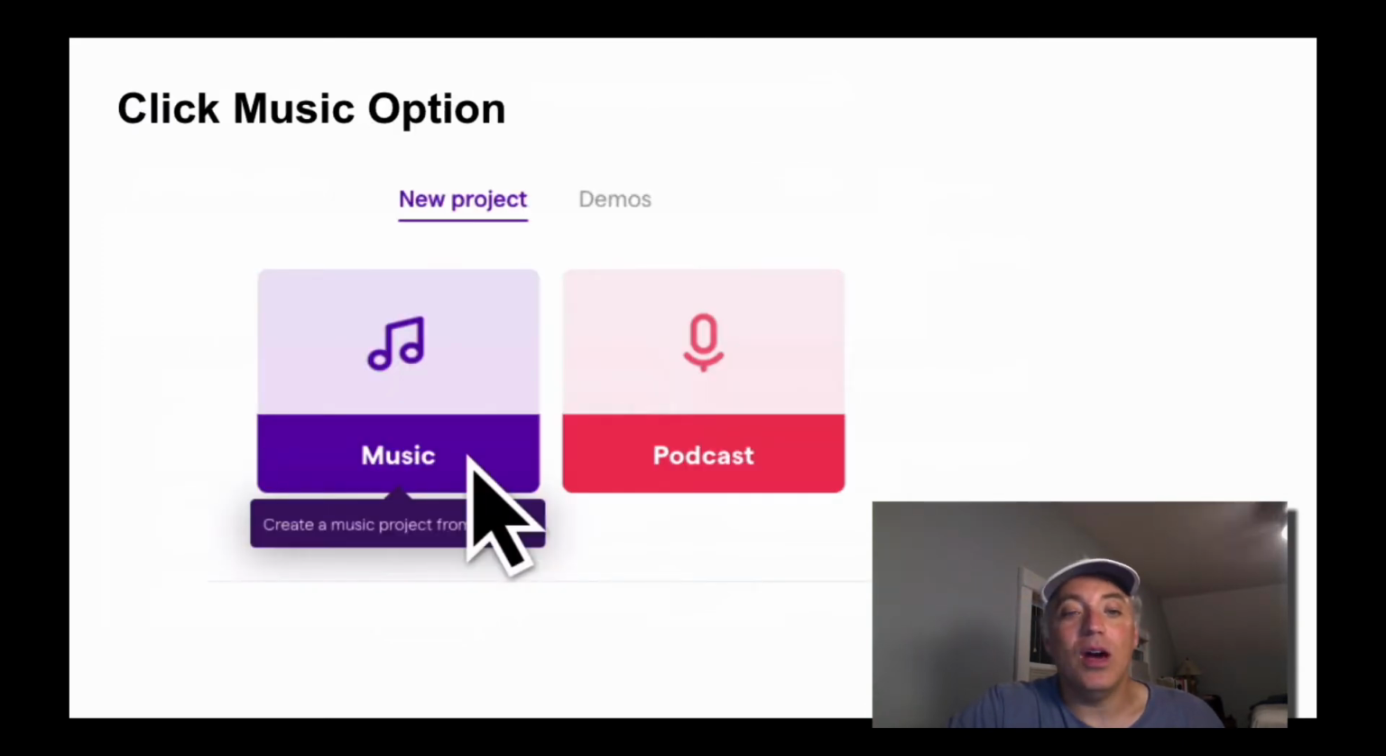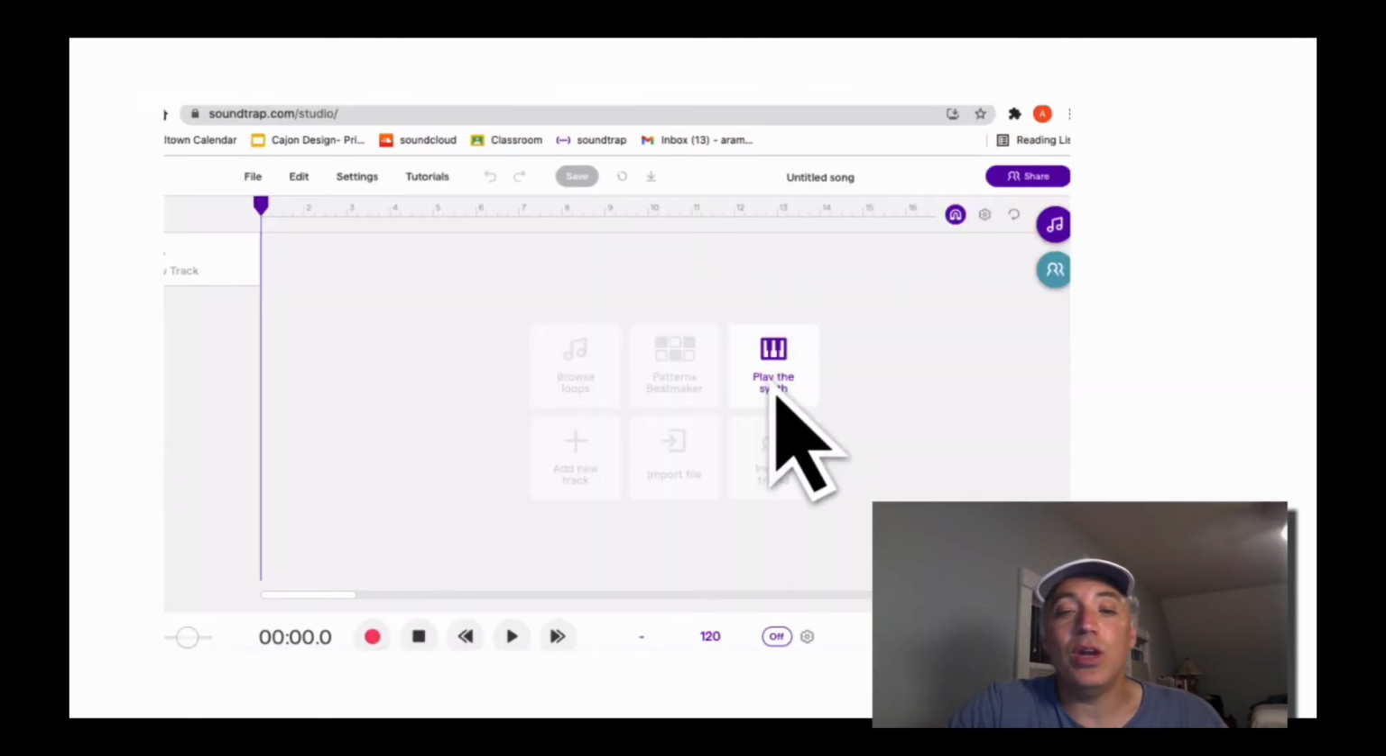Anyway, once you get in there, you're going to click this button that says music so that you can start making music. You can also make a podcast, but that's a different kind of a project. We'll save that for another time. And when you get in there, it's going to give you different options, whether you want to browse loops, if you want to use the patterns beat maker, if you want to play the synthesizer, you want to add a new track, import a file, and so on. We can talk at some point about what all that stuff means. For